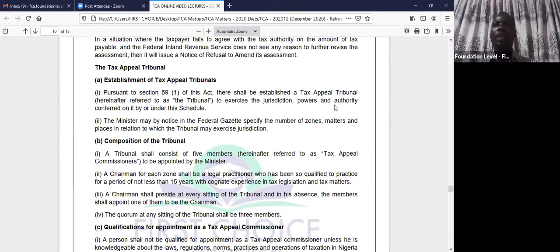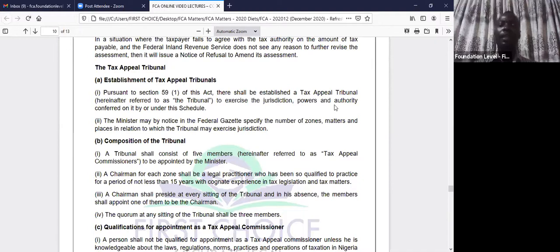There's another one, the value added tax, which is VAT. Okay, that one is gaining more ground now with the Tax Appeal Tribunal because many people used to run away from paying VAT. And so when the government finds out, the government could even take you to a Tax Appeal Tribunal to force you to pay your VAT. So the VAT Act is also being looked at by the Tax Appeal Tribunal. We also have the